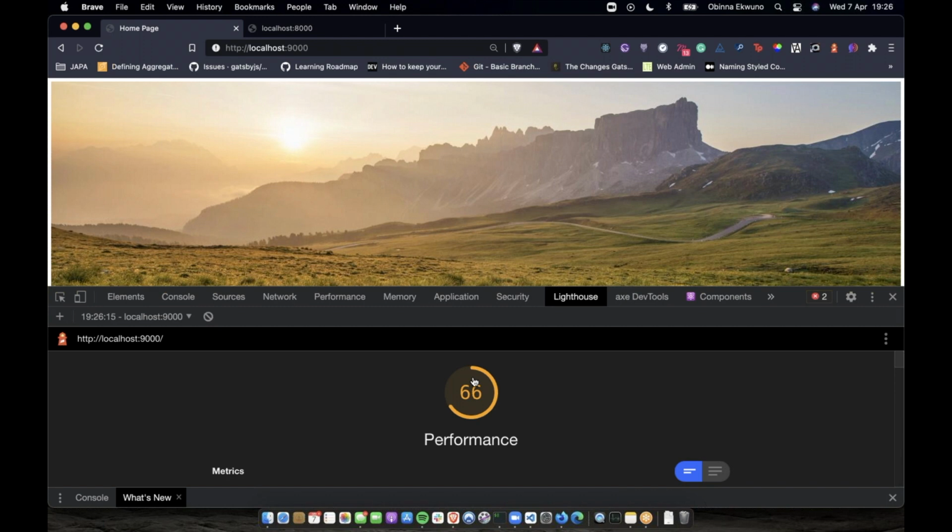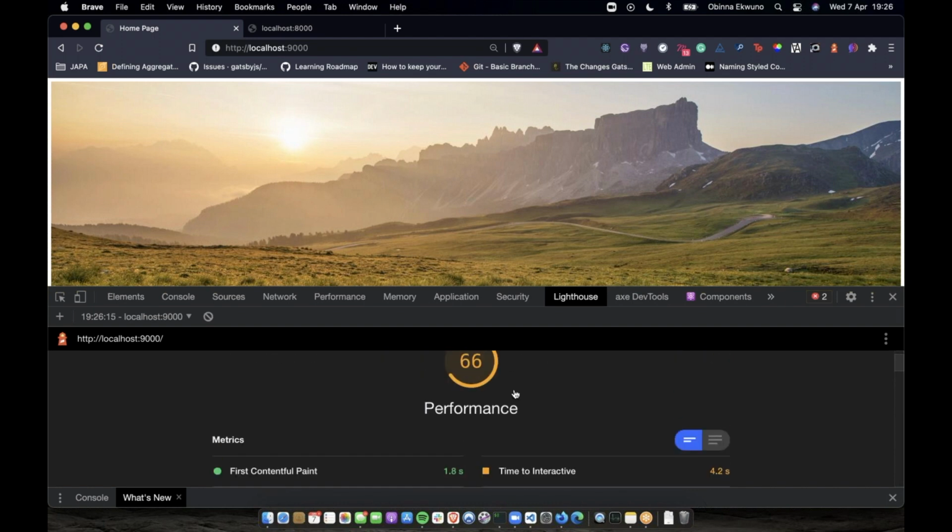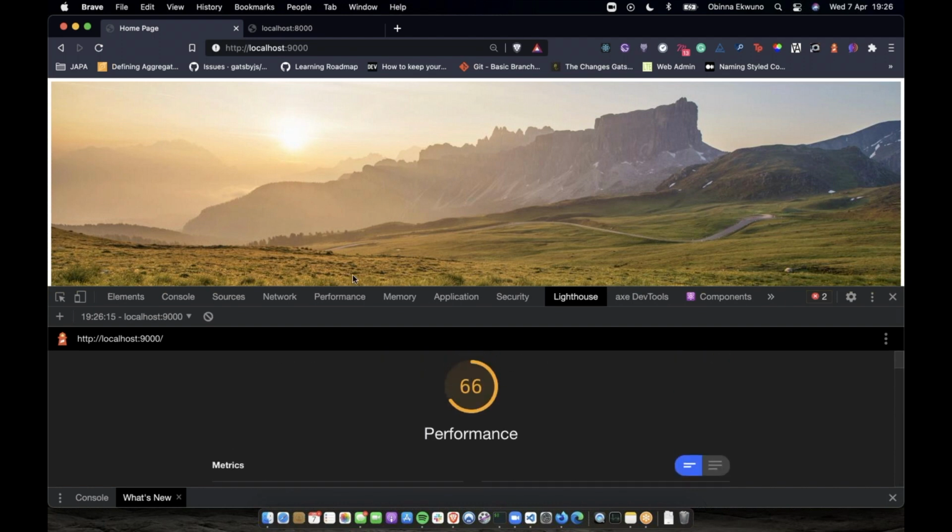And the reason for this is because the image that we're serving is very big, and then we're trying to put it into a mobile view, so it has to shrink itself, and the process of shrinking itself to fit the viewport that it's in causes this performance. I mean, it can be better, but it causes it to have this performance.